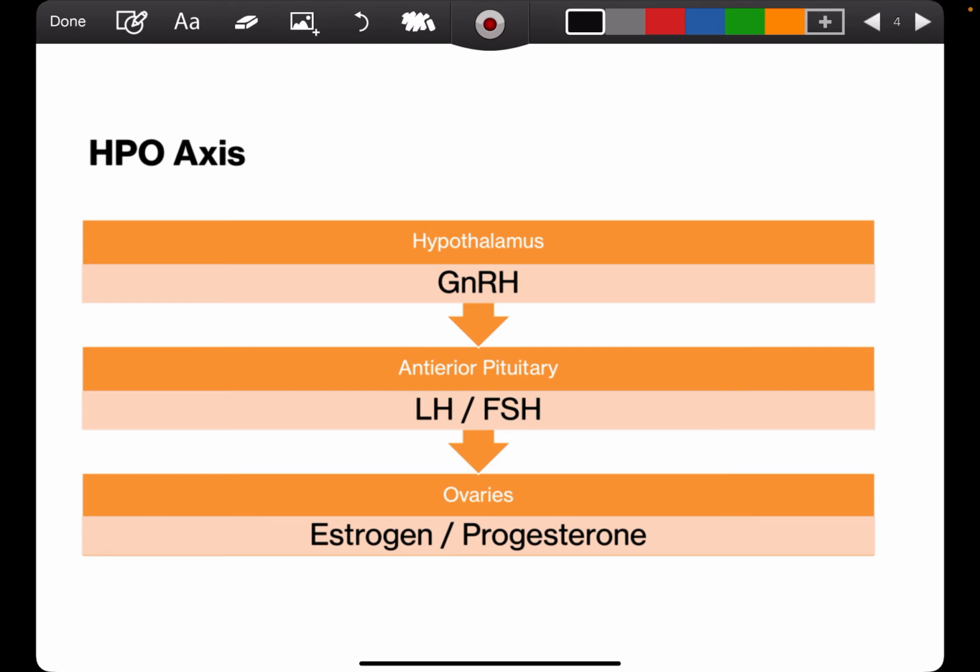The HPO axis, again, hypothalamus, anterior pituitary, and now we replace adrenal glands with ovaries. We're beginning at the hypothalamus with the release of gonadotropin releasing hormones, whose pulsatility is either rapid or slow, where rapid preferences LH and slow preferences FSH. And then this also has a surge mode,